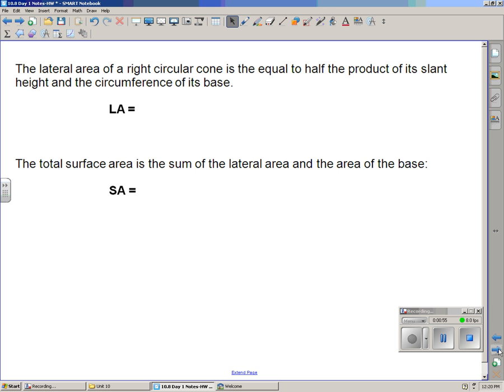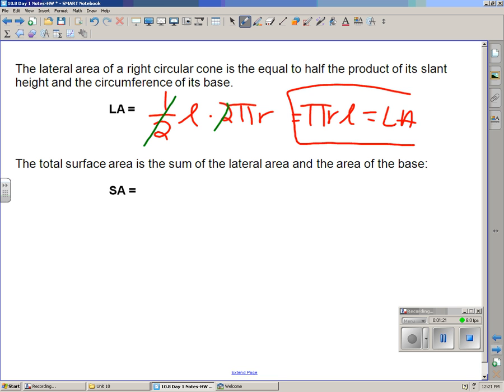Well, slant height we already know to be L, and the lateral area they're saying is 1/2 of L, but the circumference of the base, being that it's a circle, and using the circumference in terms of pi, would be 1/2 L times 2 pi r. But that could be simplified further because 1/2 times 2 just cancel each other out, and lateral area then becomes just pi RL. What's nice about the lateral area formula is they give that to you on the Regents reference